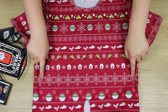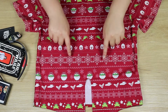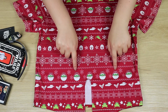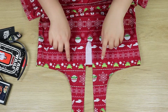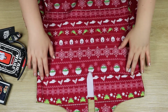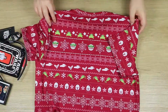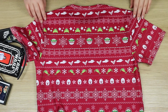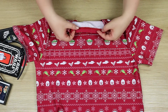And then we can see the pattern continues down, snowflakes again, and this time it's Baby Yoda in his hover pram with a little bow on the top, Razor Crest and some more frogs, and then the pattern repeats. And this is of course double-sided, so it's the same on both sides and fully printed on the sleeves as well, and it's got the full